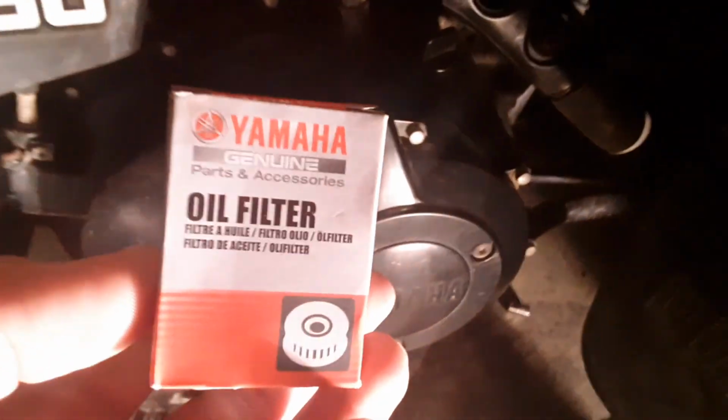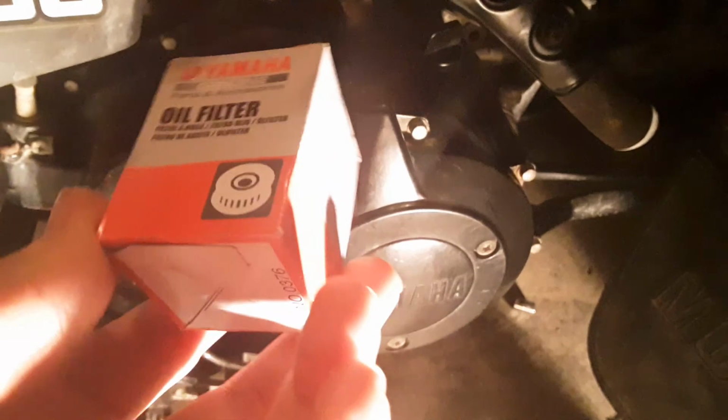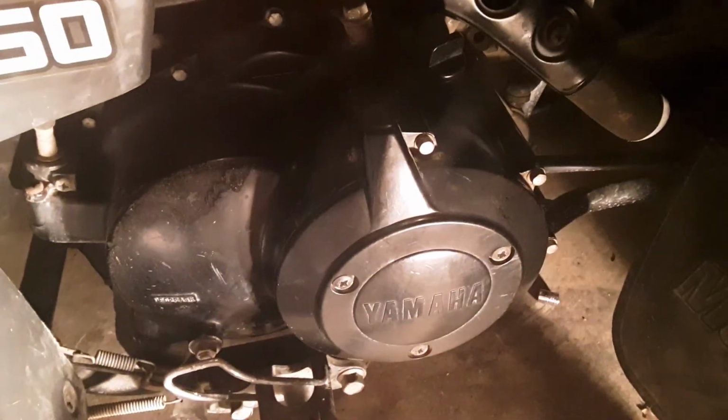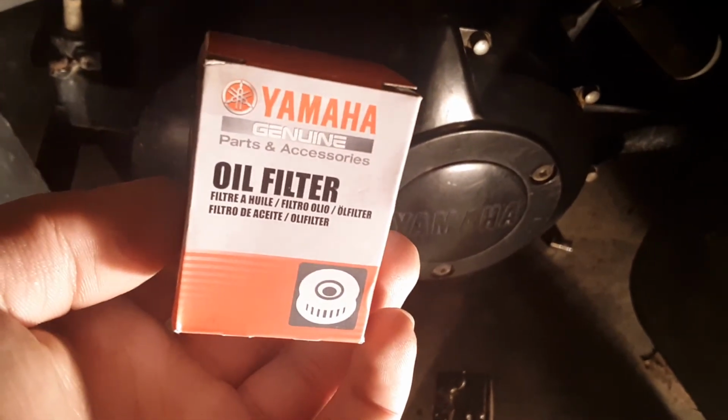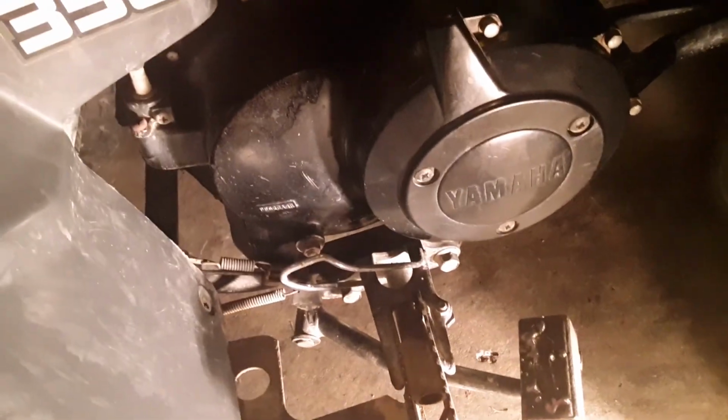And so when you change your oil or check your oil, whenever you change it, you want to get a new oil filter. Take your oil filter that's in your machine right now, and when you change your oil, take it to the auto shop, wherever you go to get your parts for your vehicles, and ask them, should I get a new one or should I keep this one? Whatever the answer is, when you're changing your oil,